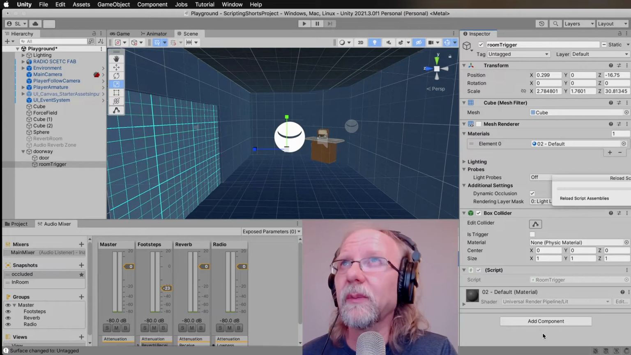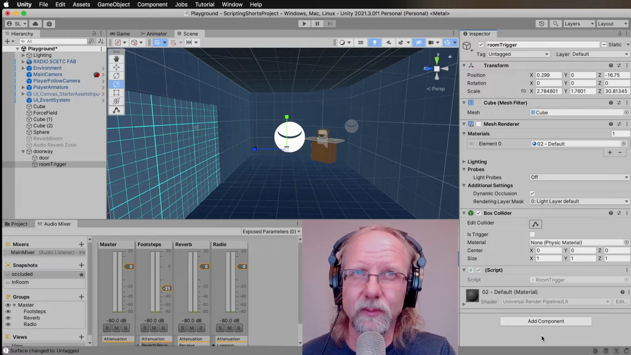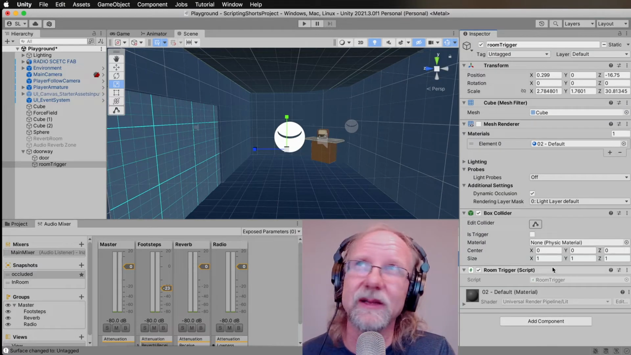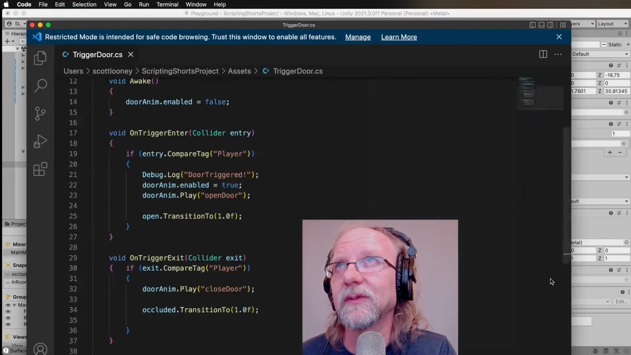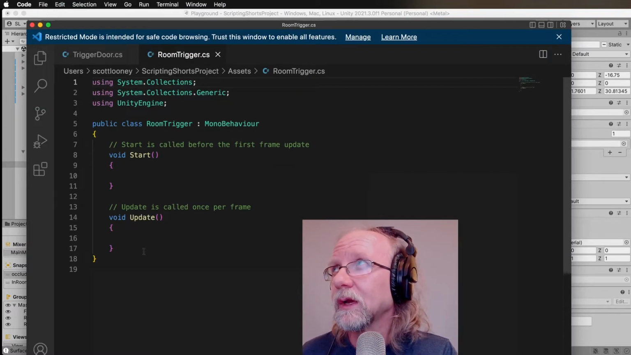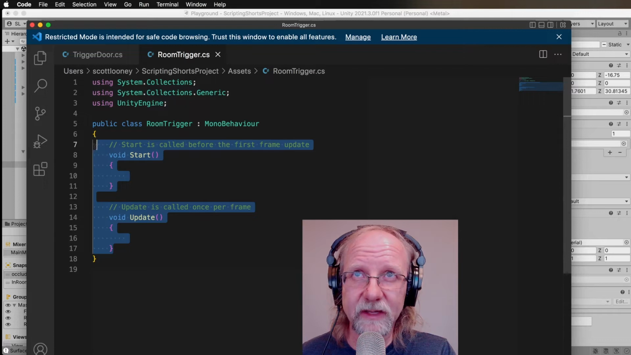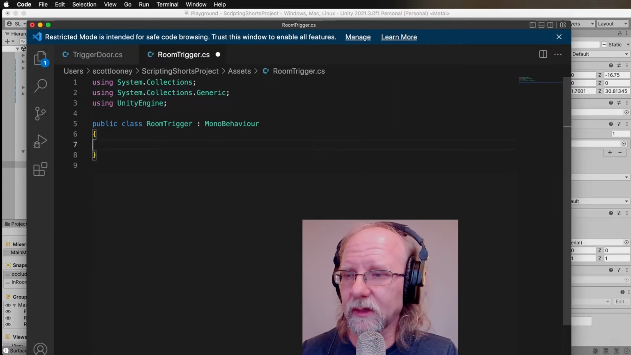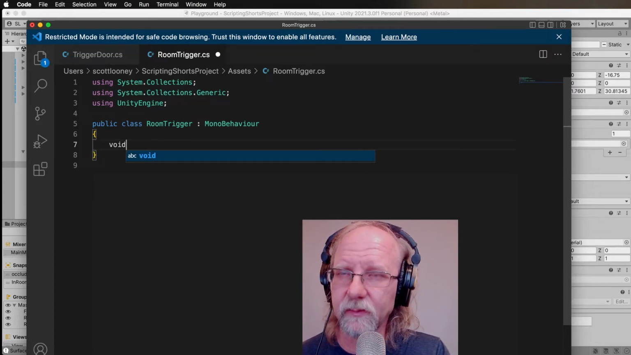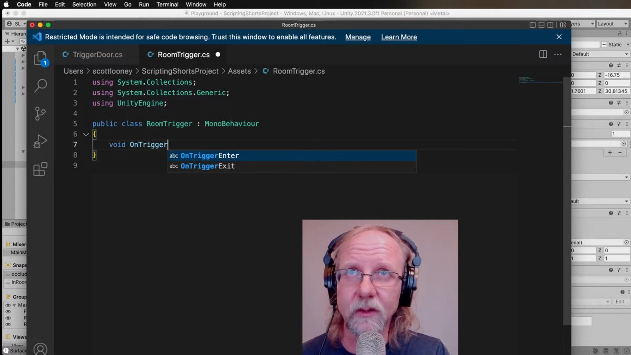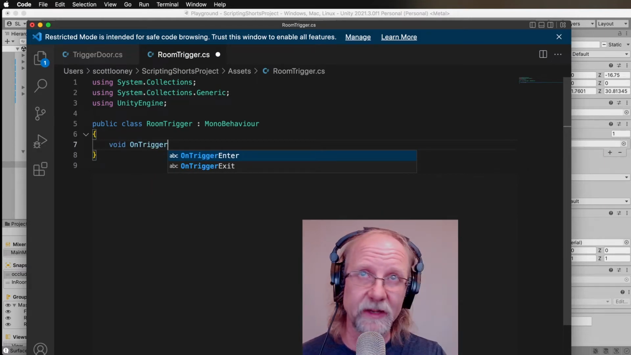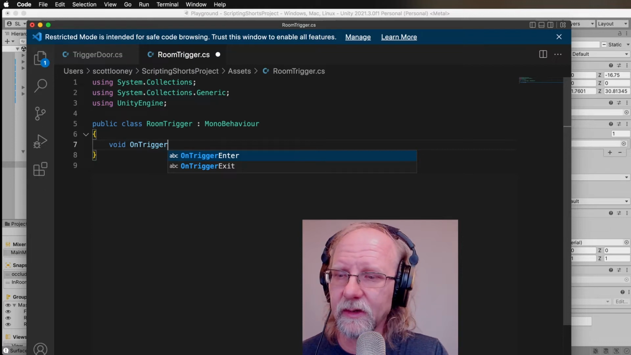There's a couple of different ways to do this. We're going to use the easy and simple way because it doesn't need to be updated a bunch, and it can probably send a message pretty efficiently this way. So we don't need start, we don't need update. We obviously want our on trigger enter, so we'll go void OnTriggerEnter. Weirdly enough, we also don't even need audio thrown in on this. This is a basic kind of thing. So you would say on trigger enter,